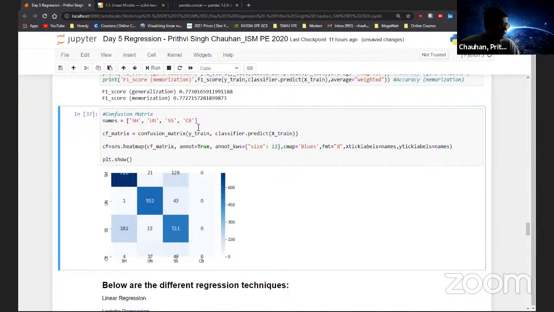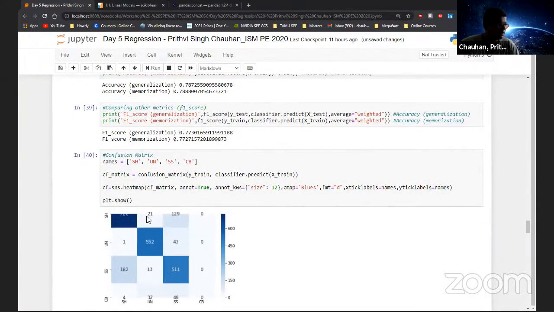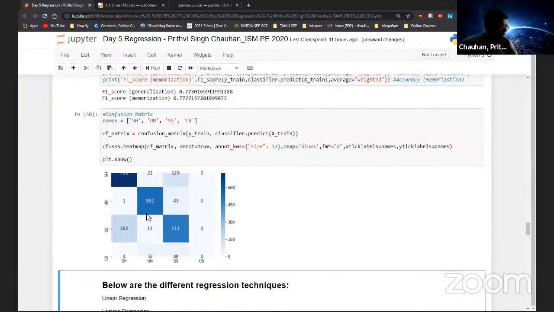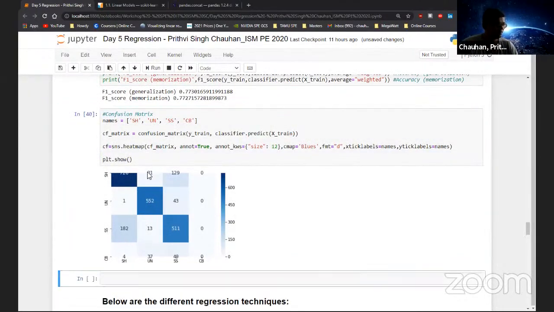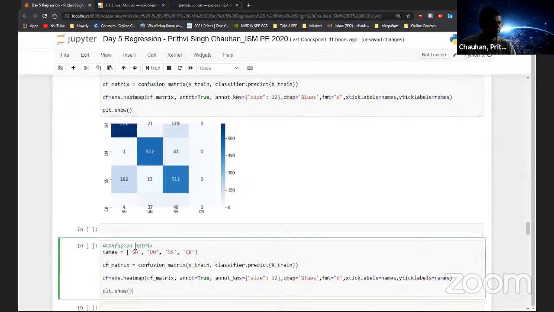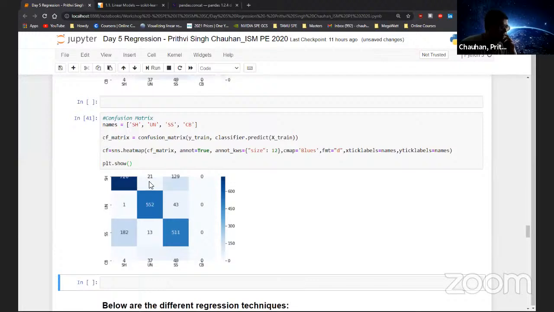I don't know why it's not showing completely. Okay, I don't know why there is a cut here. It shouldn't have happened, but anyway,